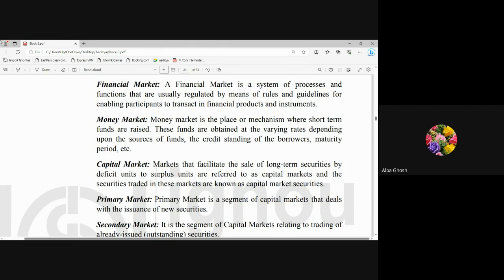When we talk about the money market operations, it is through money market. When we talk about capital market operation, it is for shares, for securities market. Capital market is for a longer period. Long-term securities are traded in the capital market. And primary market and secondary market are the bifurcation of capital market. Capital market is again further divided into two, that is primary market and secondary market. The reason is because they are dealing in long-term securities, shares.